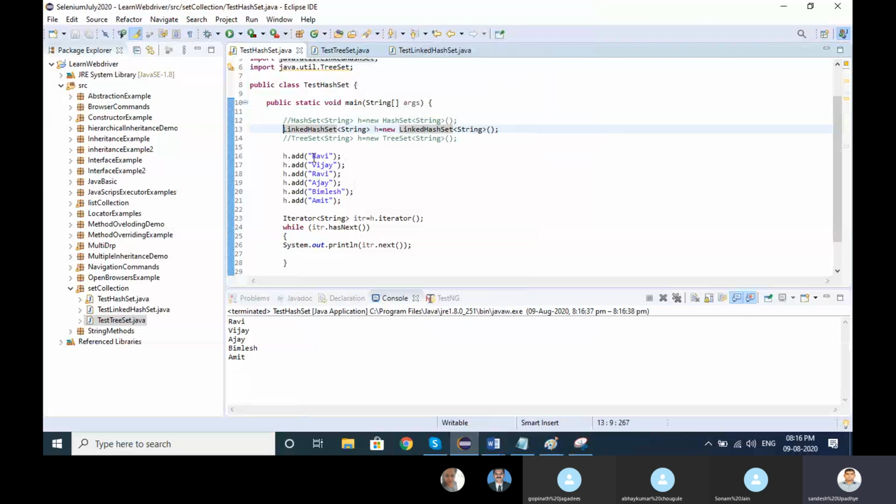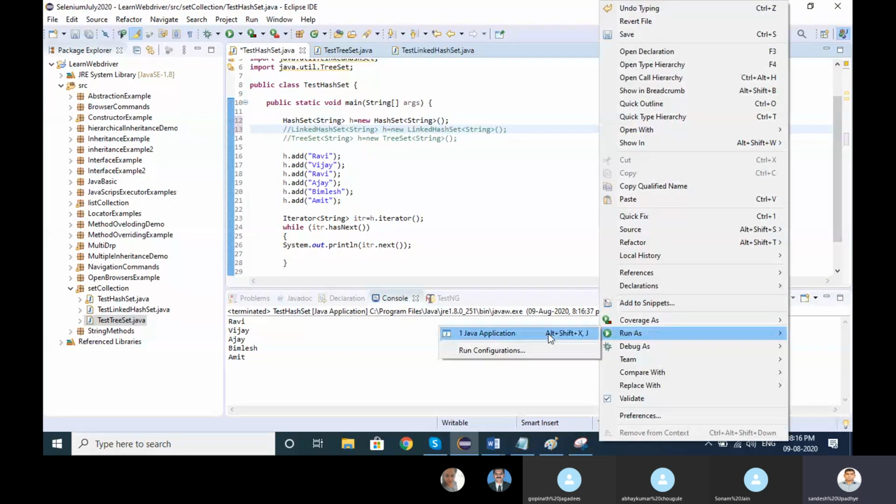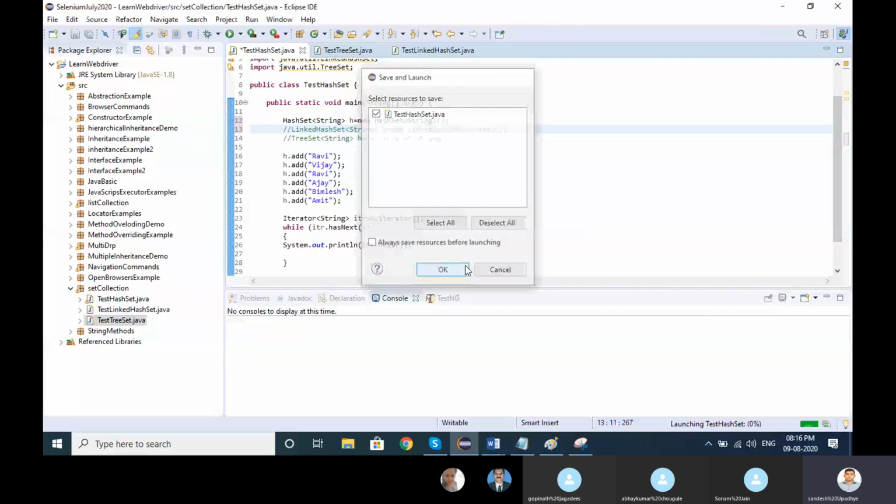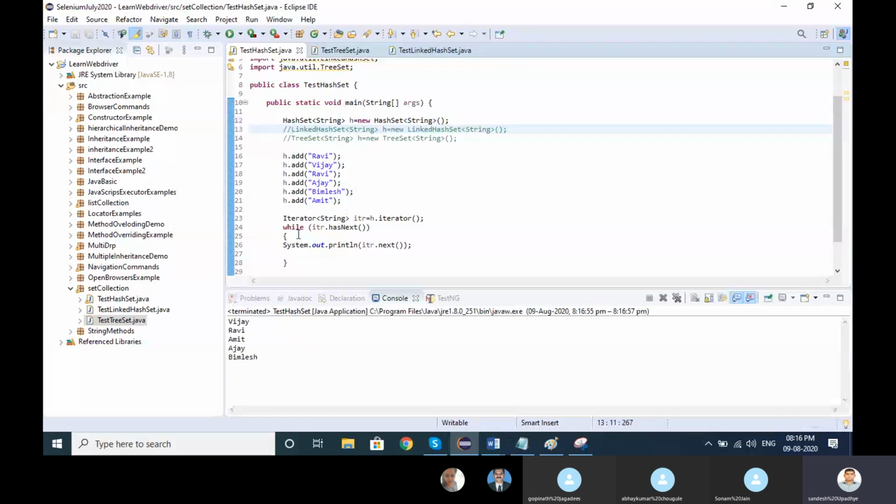And when we go with the hash set, it's not maintaining any order, it's taking whatever is in memory itself. Look here, Vijay, Ravi, Amit; Bimlesh is coming at the last. We added Bimlesh earlier, but it is coming last, correct? Amit is going up.